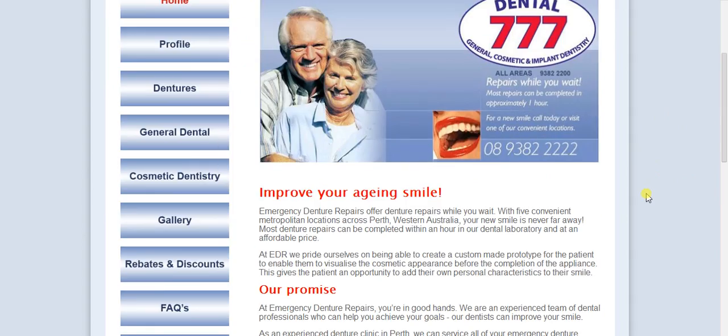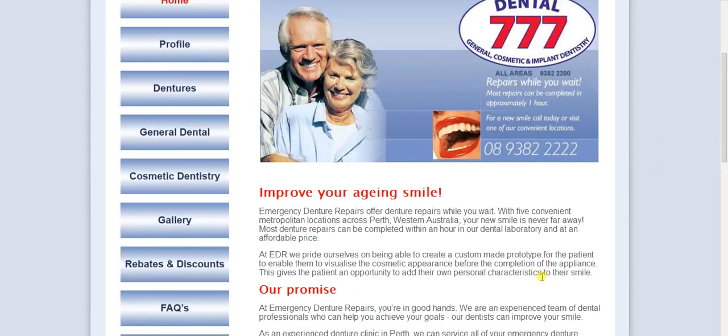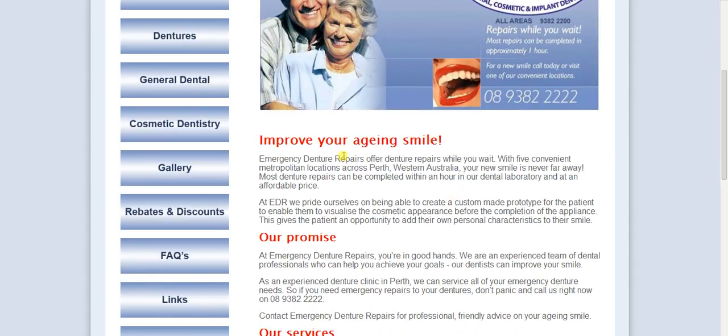And basically what we look for straight away are the headlines. They have to be headlines that address the person directly and involve them in the site and the product. So this one's good, Improve Your Aging Smile. It talks to the person on the page and it gives them a benefit, so they want to improve their smile. Fantastic. But then if we look down further through the text,